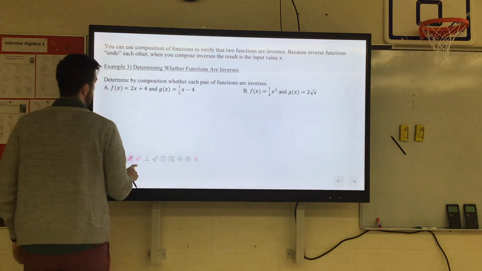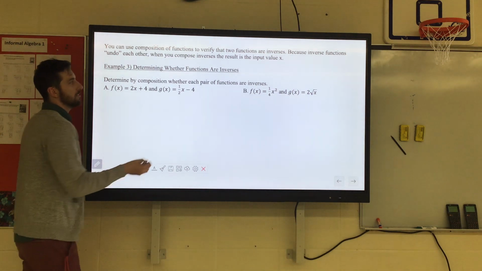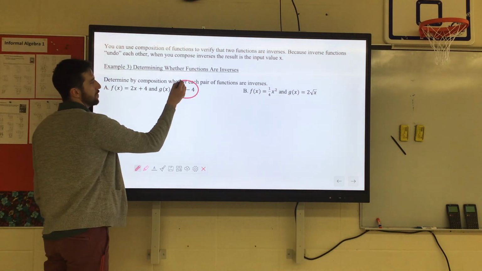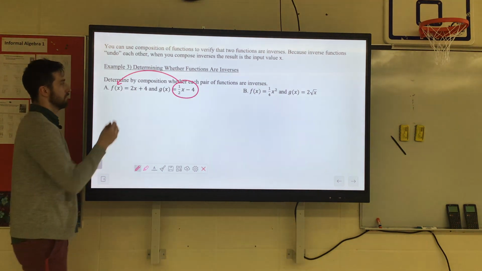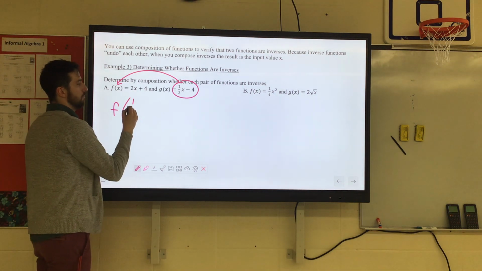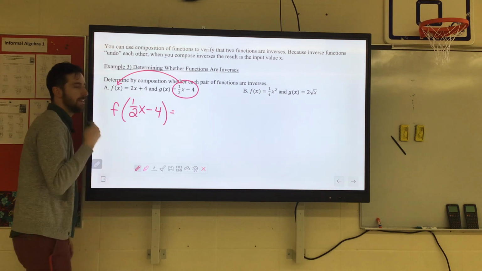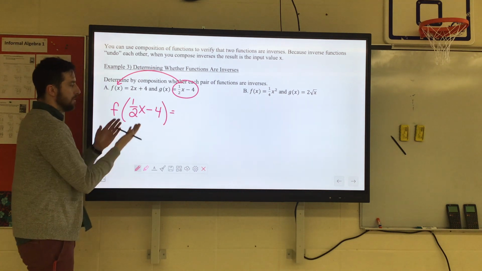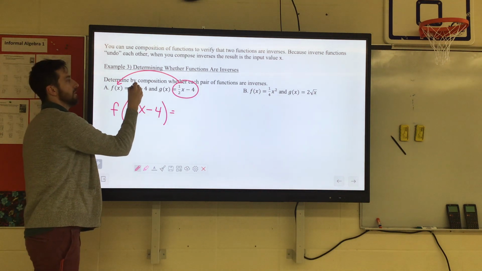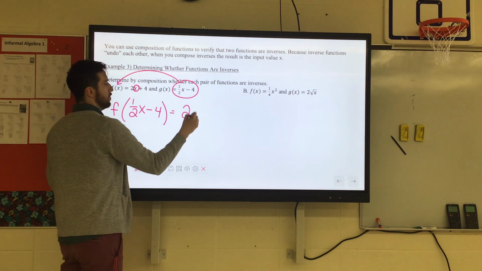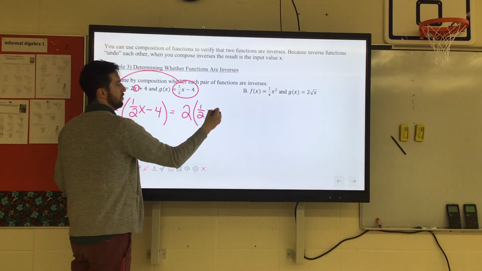So if I were doing A here, we have 2x plus 4 and 1/2 x minus 4. Let's say I took g's function, the 1/2 x minus 4, and I put it into f's function. So we'd have f of 1/2 x minus 4 equals. And remember, this means every time in the equation we see an x, we're substituting in 1/2 x minus 4. Now there's the only x. So we're going to have 2 times this, 1/2 x